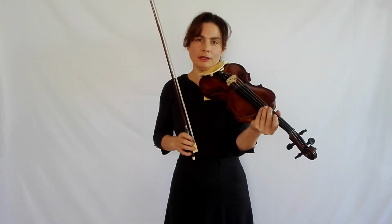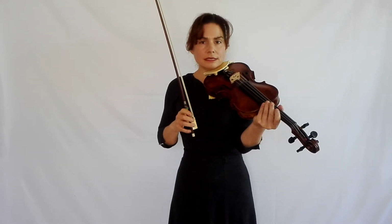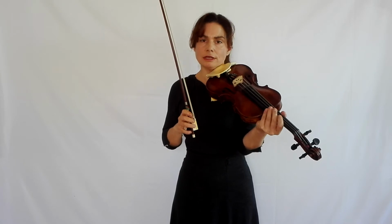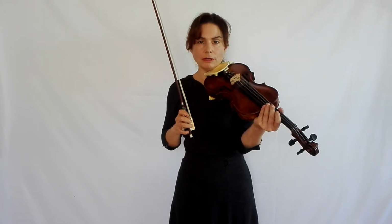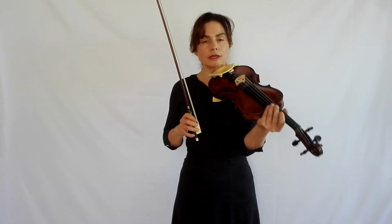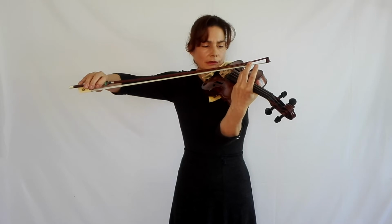For that harmonic, I like using the harmonic there. It's marked in the music. I like the idea. You don't absolutely have to. If you do, practice the harmonic catching the string. That gives you a little bit of security for the harmonic, and it brings left and right hand together. Stop the bow, catch the string,